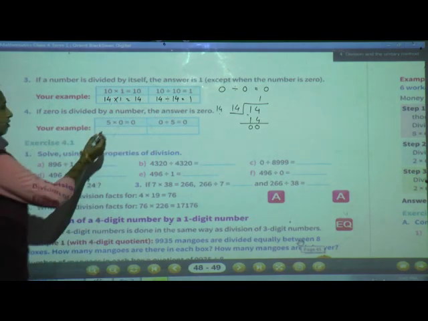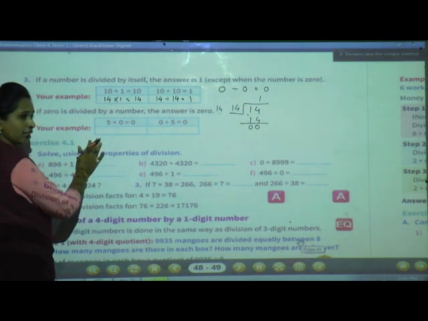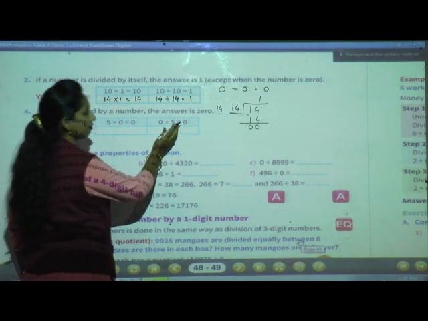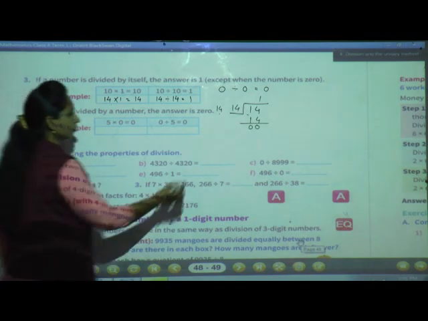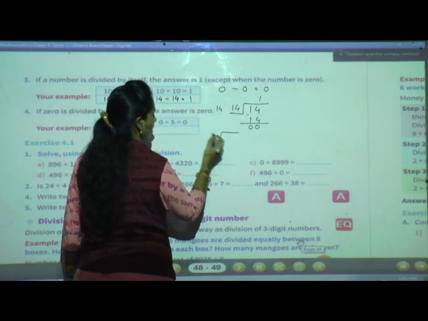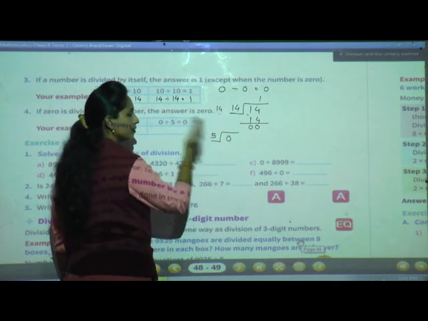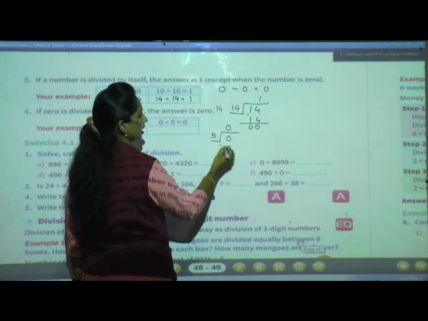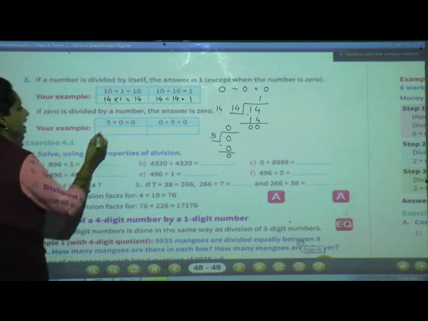For example, that given. Now 5 multiplied by 0 is equal to 0. Okay, this is multiplication. And what about division? 0 divided by 5 is 0 only, because see how we will do this? 0 and 5. So in the 5 table, will 0 come? No. So what can you give? 0 only, nothing, isn't it? So we will go with one other number.